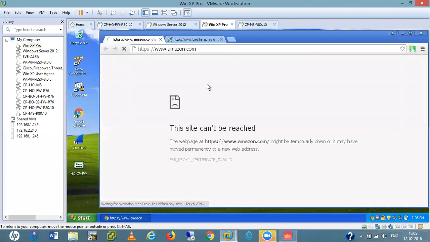So it is opening. This site cannot be reached. This site cannot be reached.